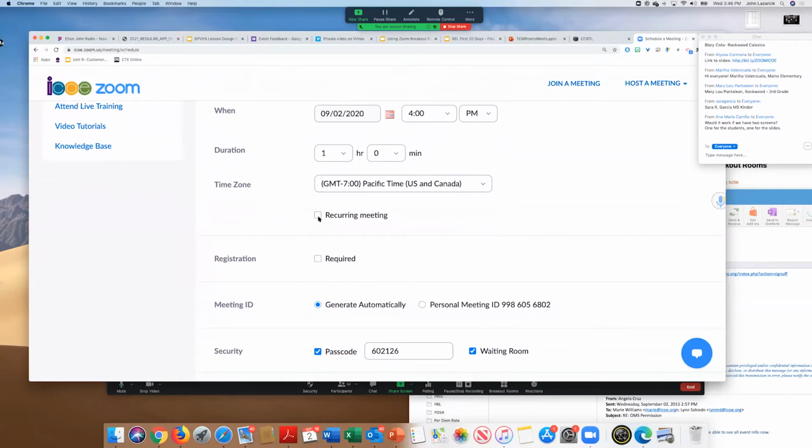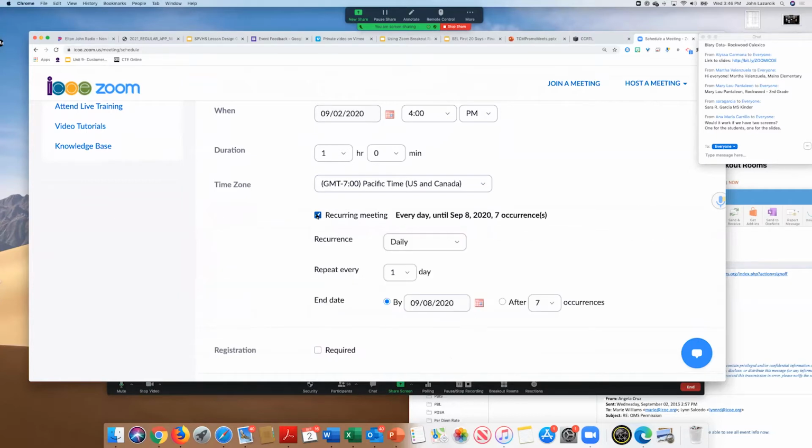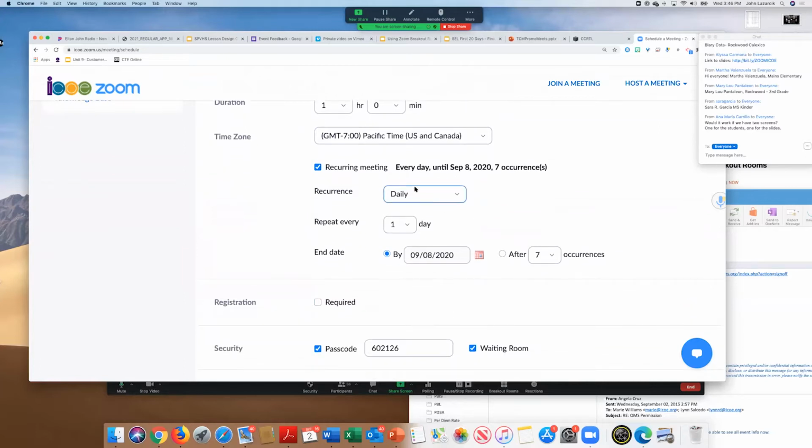If it's a recurring meeting, and for teachers, that may be you, right? You may have that same Zoom meeting every day at the same time. You can do a recurring meeting, let's say every day until September 8th, and there's 7 occurrences. You can move up the end date as far as the middle of October.